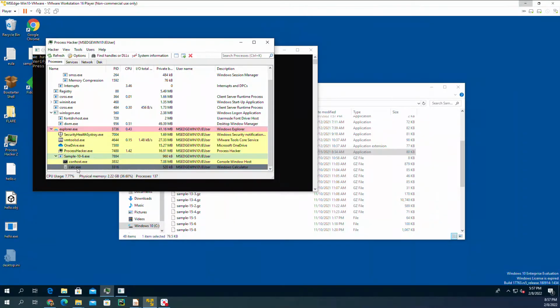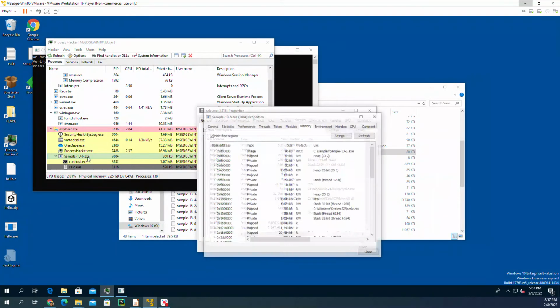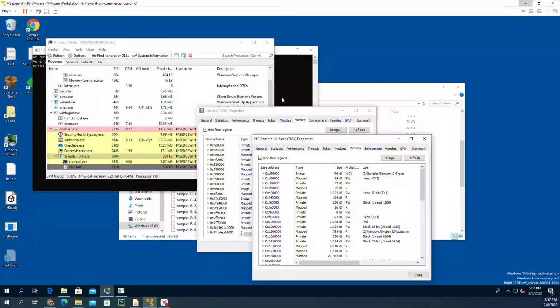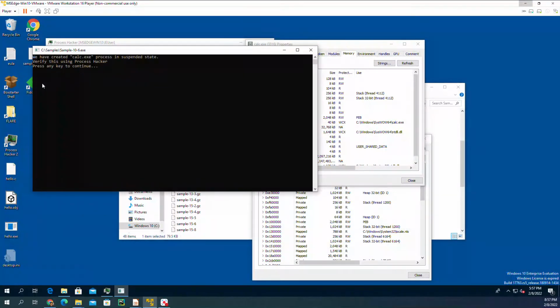We have a sample, and it started calculator in a suspended mode. I'm going to open these two to check their memory. Yeah, it says press any key. I'm going to do that. It says that it created an injector process at address